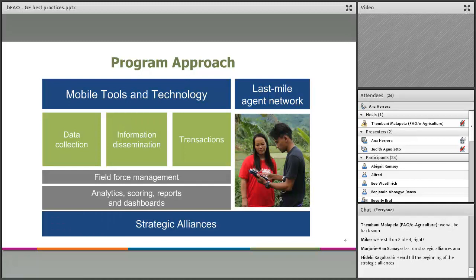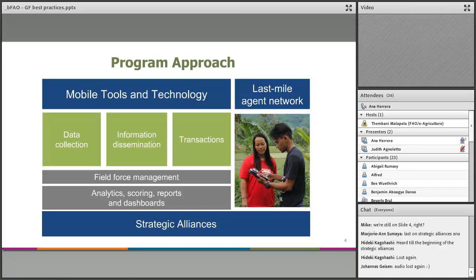The last mile field agent network is actually different types of people, but the most critical thing is that they regularly interact with the farmers, providing training, extension, and other types of services. In the case of Grameen Foundation, we've managed and worked with different types of agents, from farmer leaders